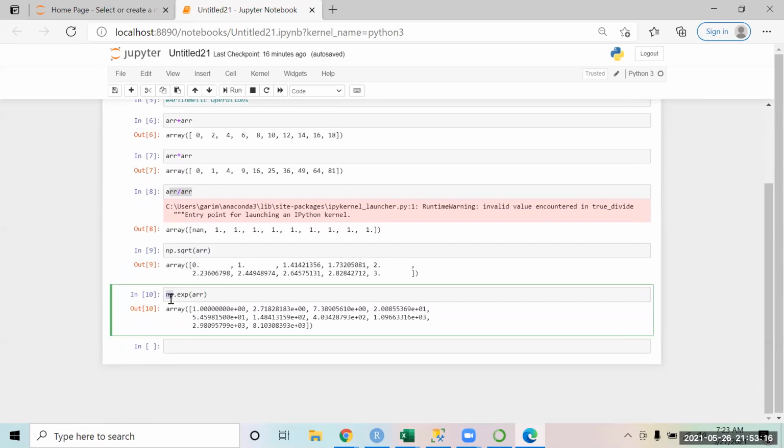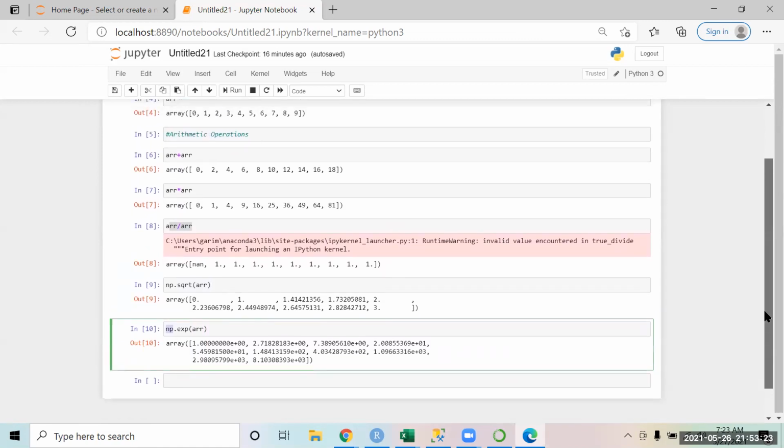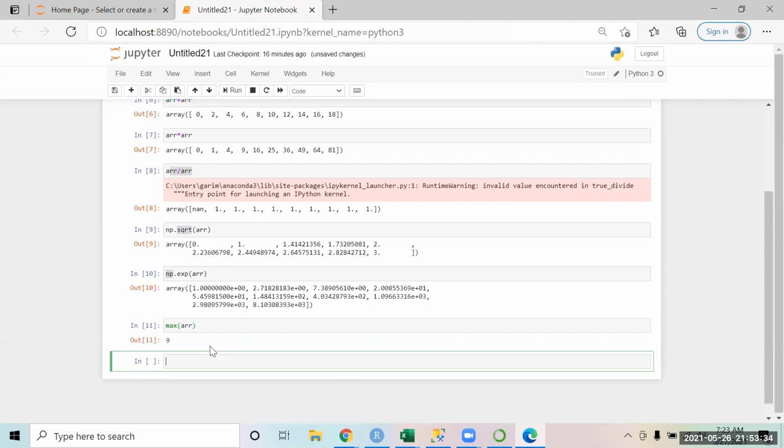I think we had done square root normally also in Python, right? Like without NumPy. So that is what I'm saying, you have the same functions in the base package also. For example, if I say max of array, it gives me the number 9 as the maximum.